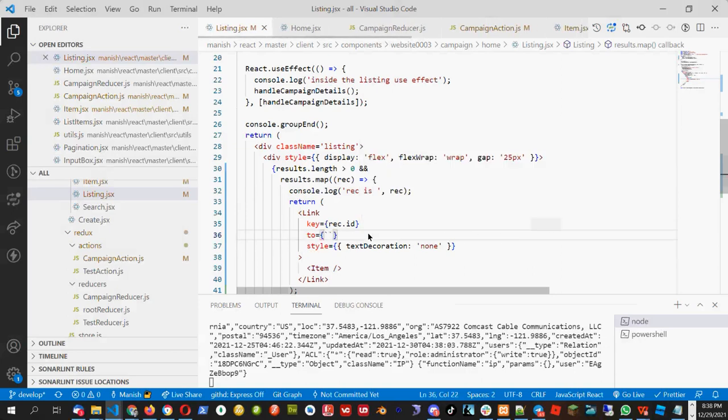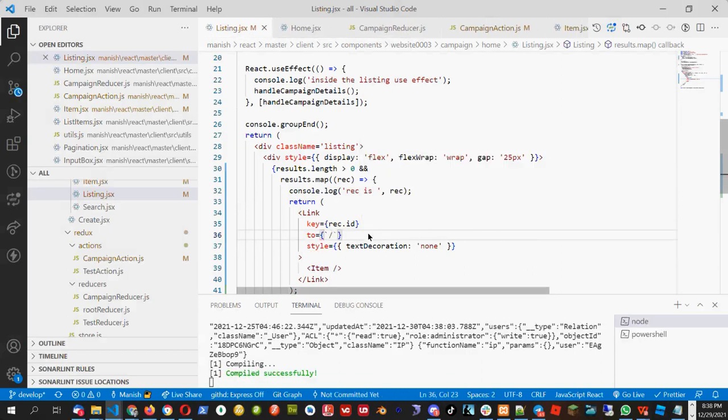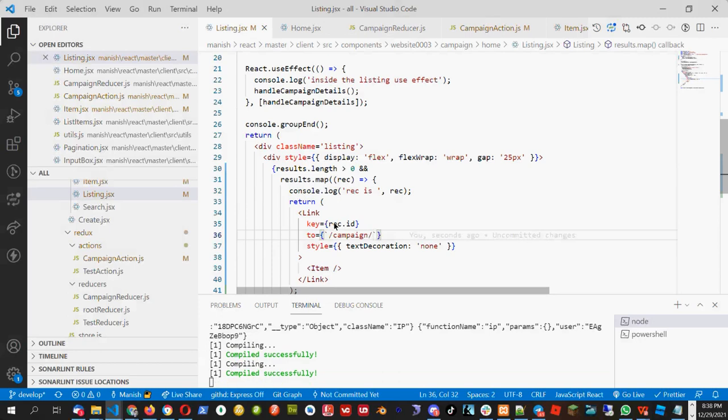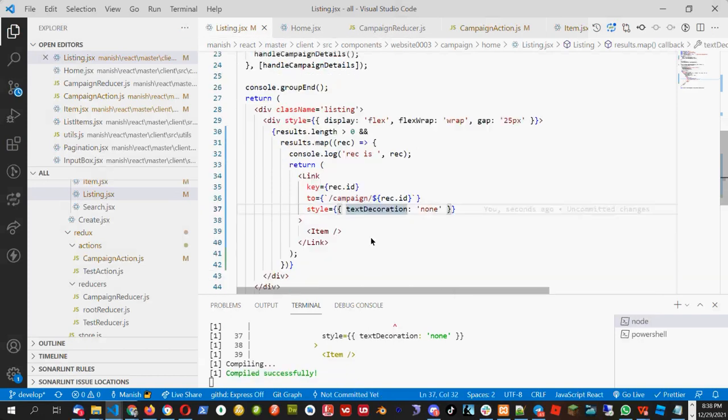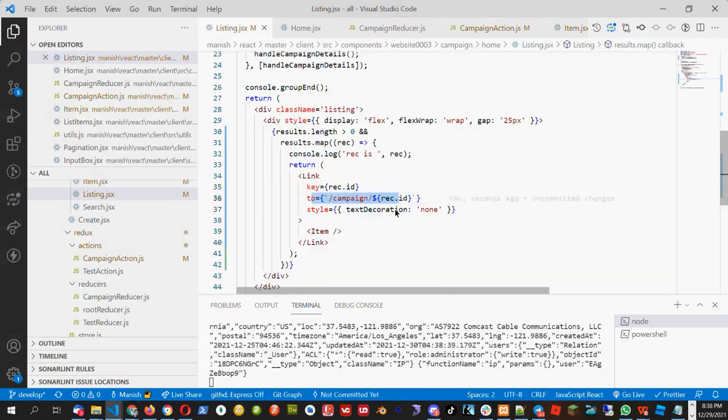I will use backtick. Then I will just put any one URL campaign/ and I will put the record.id, so that if user goes to campaign and the ID, he will see the detail page. Right now I haven't created detail page, but that is the idea. So whenever user clicks it, it will go to campaign/record.id.